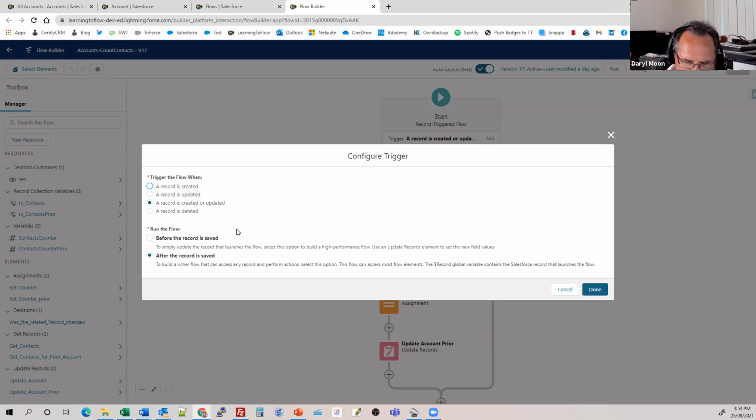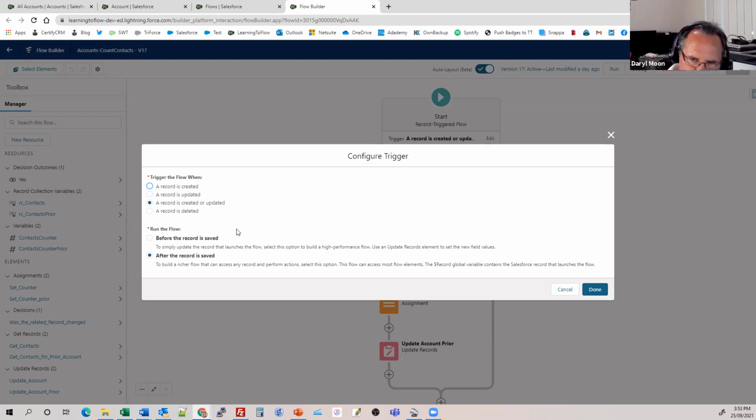Before that record is actually saved to the database, we want our flow to run. But the user has the expectation that Salesforce is really fast. As soon as I hit save, it's going to save that contact record immediately. So we can't have a flow that can potentially take a long time to go off and do something and interrupt that normal process. But more importantly,